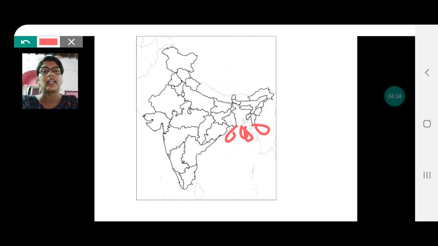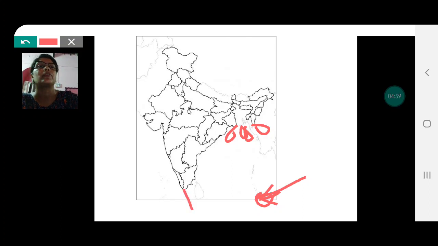The next one is Indira Point. We know that Indira Point is the southernmost tip of India. So where you see Nicobar Islands, the southernmost tip, this point here, you can mark that as Indira Point. And Kanyakumari is the southernmost tip of the mainland India. So this point here, you'll have to use different colors. I'm using more or less the same color and same symbols, but you will have to use different colors.